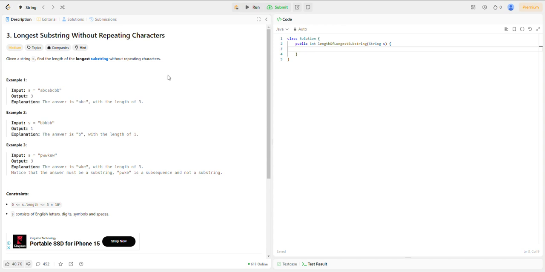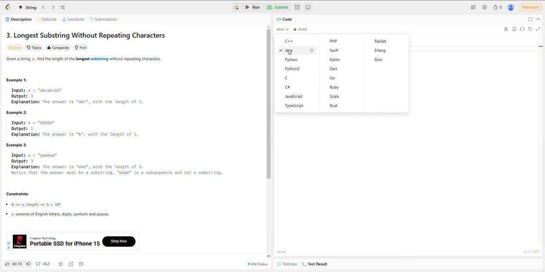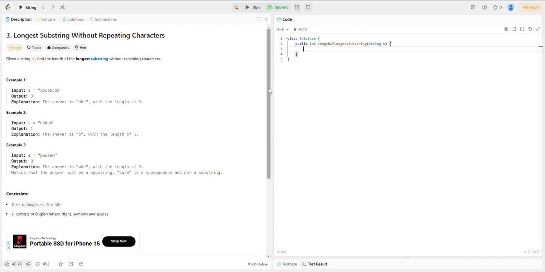If you are appearing for Amazon, Facebook, Meta, or several other product-based companies, this is one of the questions that's been asked by the client. Okay, before going ahead, let me tell you, because I am a Java developer, I would like to resolve this using Java, right? But once you are able to understand the logic, why we are here, to understand the logic,